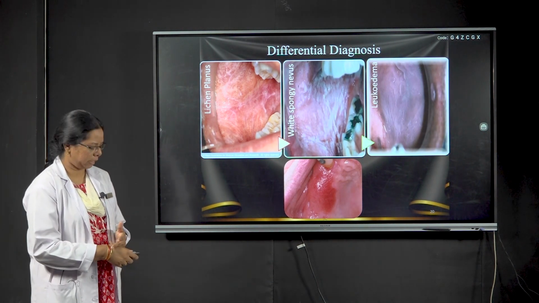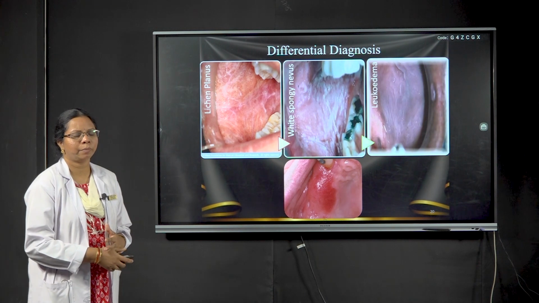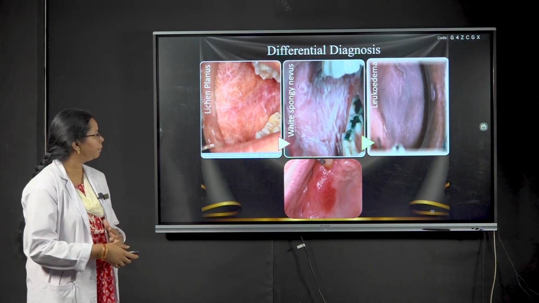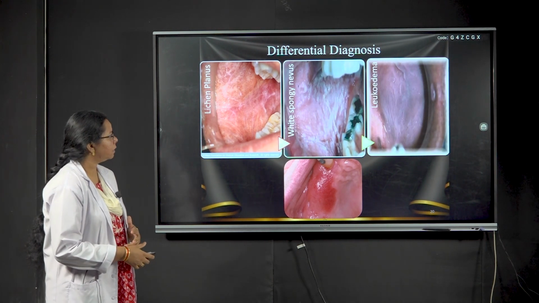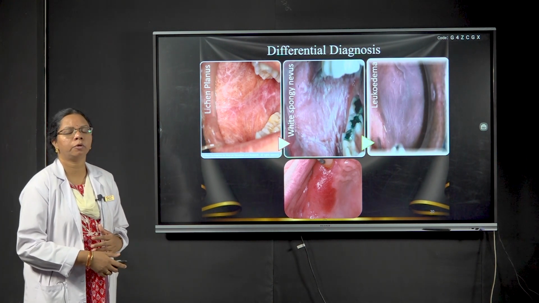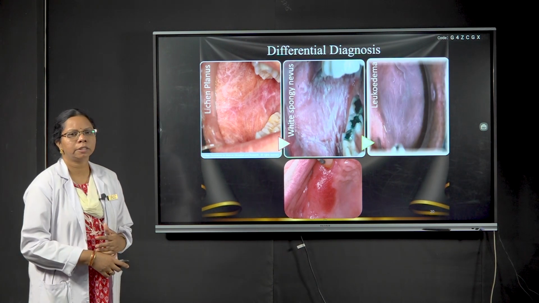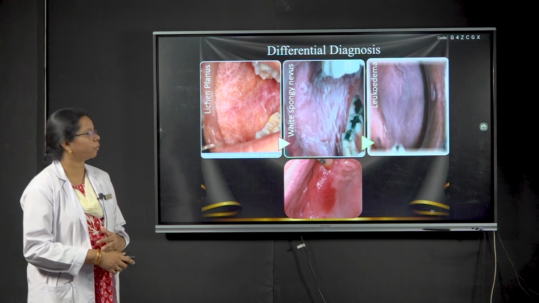Coming to the differential diagnosis: lichen planus is an autoimmune disease, and patients are healthy, usually females. The lesions are seen bilaterally and are non-scrapable. Second one, white sponge nevus. White sponge nevus is an autosomal dominant disease, usually seen because of mutations of the K13 and K4 proteins,